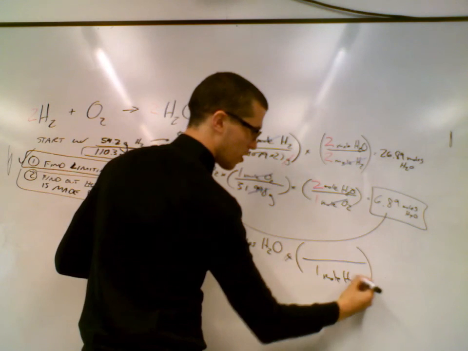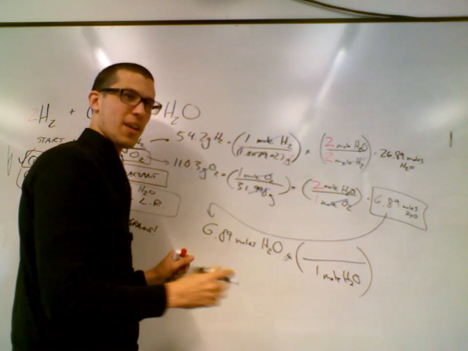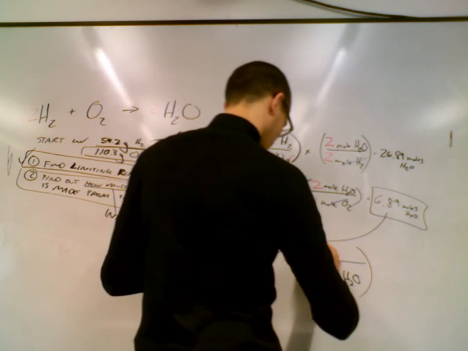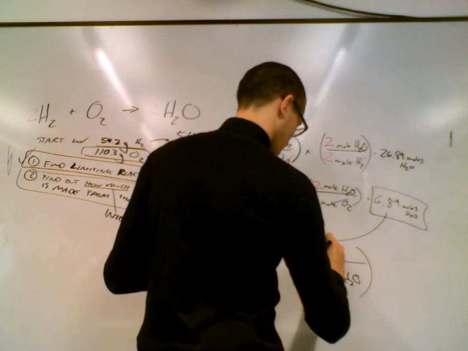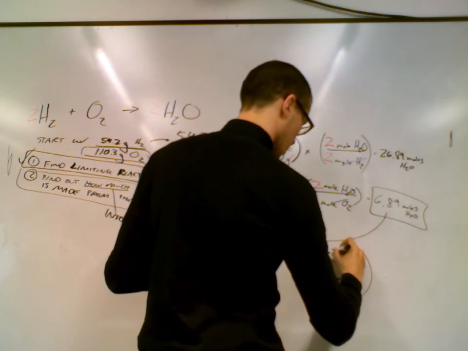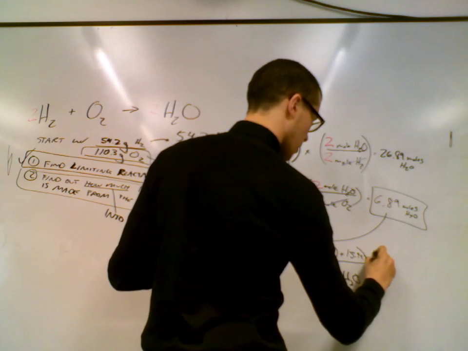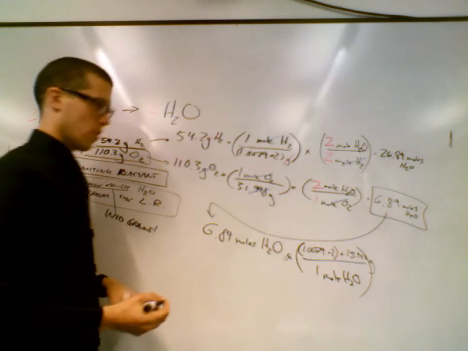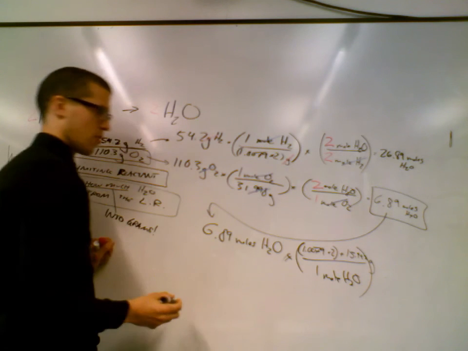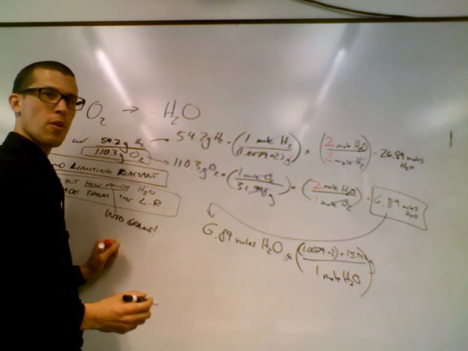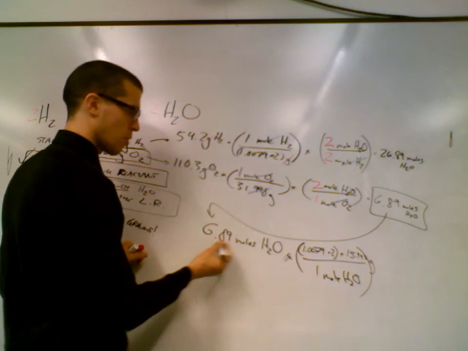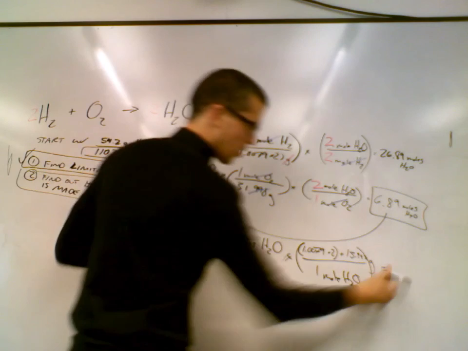Are you okay? You look like you're almost near death right now. Okay, so this is going to be 1.0079 times 2 plus the O, which is 15.999. That's many grams. All right, so whatever this number is, which I think turns out to be 18.0148 times 6.89, and you get as a grand total